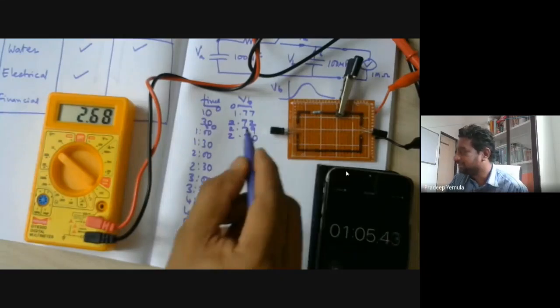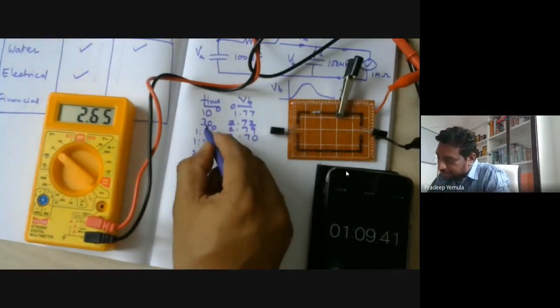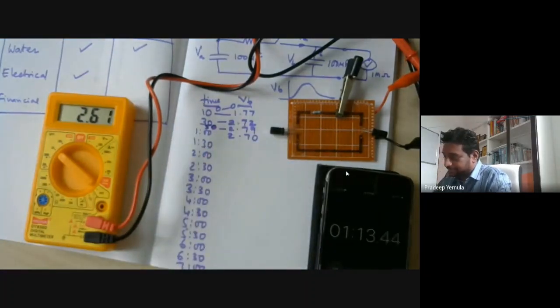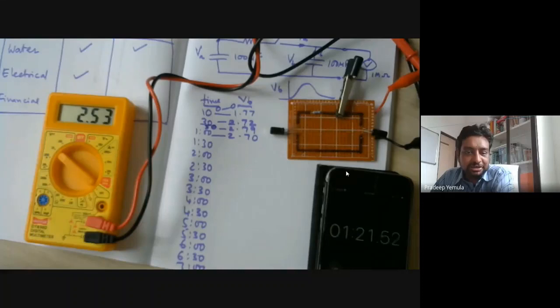Okay, so I'm sorry, I'm slightly squeezing in the readings, but this is the interesting part, so I thought I will get more readings. Okay. Now onwards, it slowly starts reducing. So we notice that it started off with 0, attained a maximum value 2.79, and now it starts reducing.